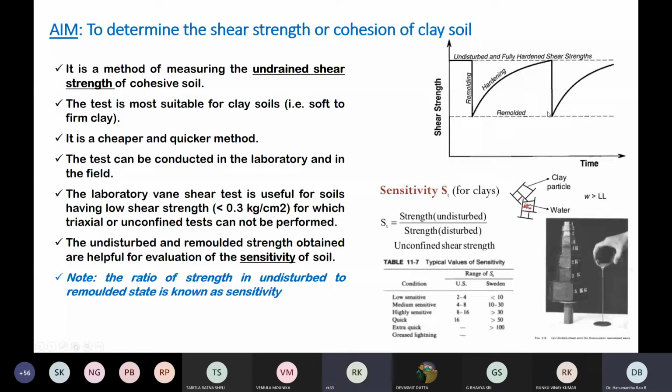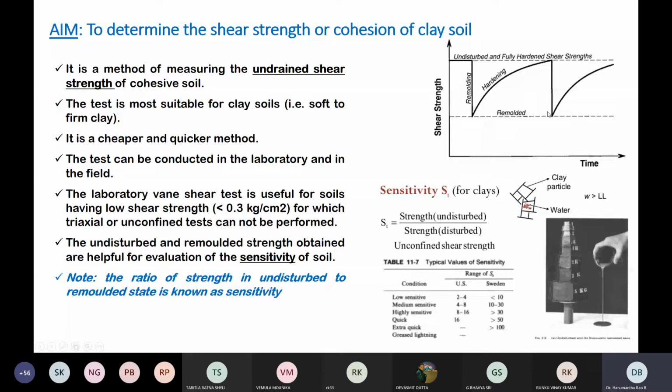Okay, sir. Does disturbed mean compaction? We can compact and prepare a sample in the laboratory. Then it is not made by nature; it does not mean it is disturbed. No, even that is also valid. But sir, sometimes can we get the disturbed strength greater than the undisturbed strength? Is it possible or not, sir? No, that never happens.